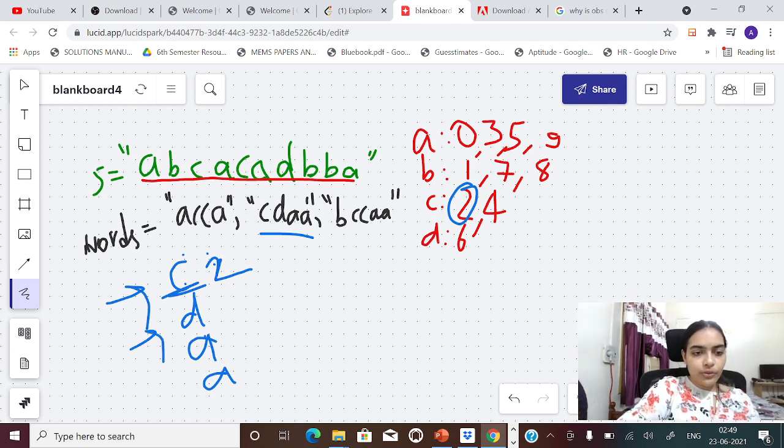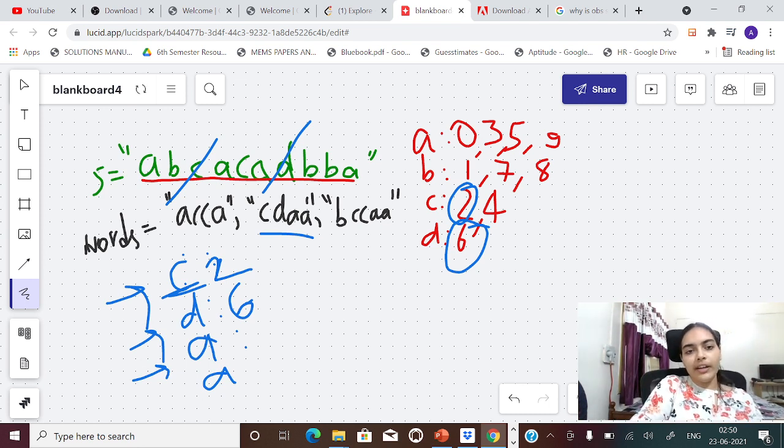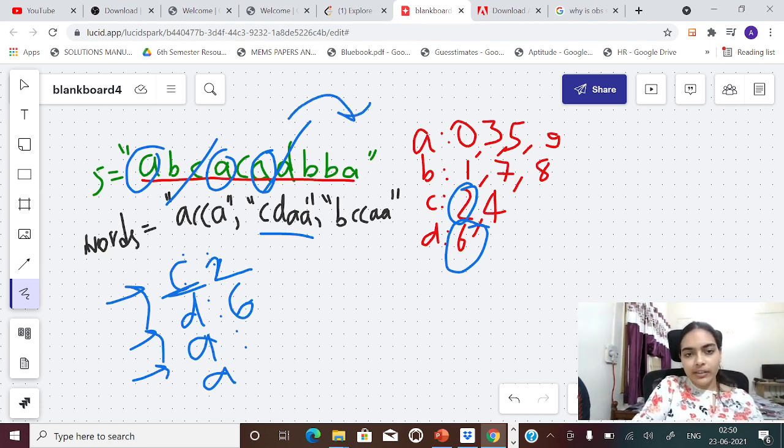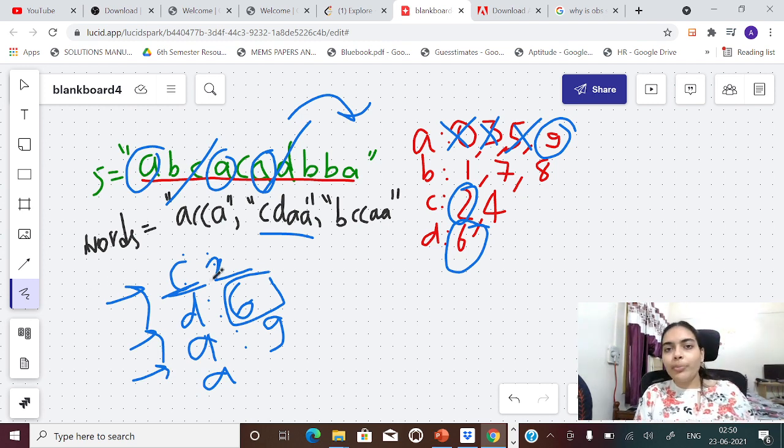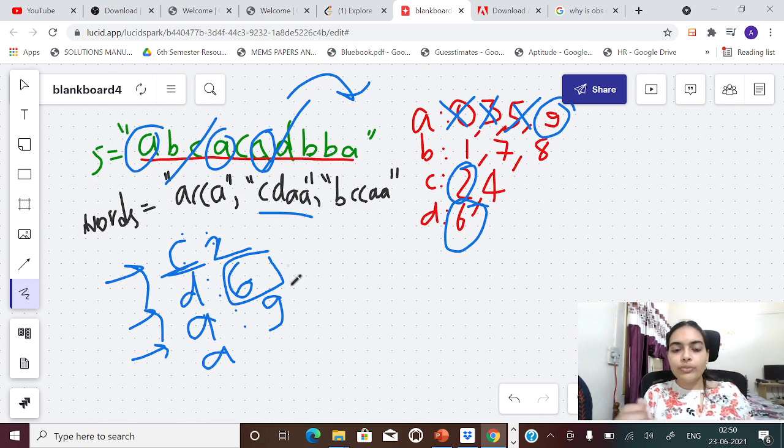Great. Next, we will try to find the occurrence of D. So D is at position 6. Okay. Now you have to find A. Which occurrence will you take? First you found C, then you found D. You have to take only after D, right? You cannot take all these A's. These A's will not give you a subsequence. It has to be in order, only after this particular D. So 0 is not allowed, 3 is not allowed, 5 is not allowed, 9 is allowed because 9 is greater than 6. So remember this: you have to keep a note of the previous index and take only after that. So 9 is found, right?